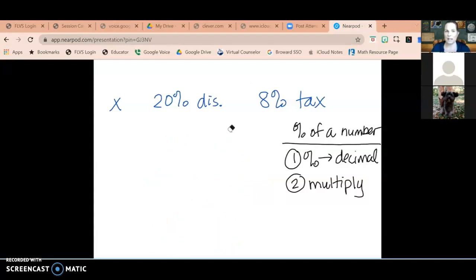So now I have something to add up here. So now I know that my discount price is 0.8x, right? We just figured that out. That's the discount price. Now, here we go with the tax. I need to pay tax on this, right? So I have to pay